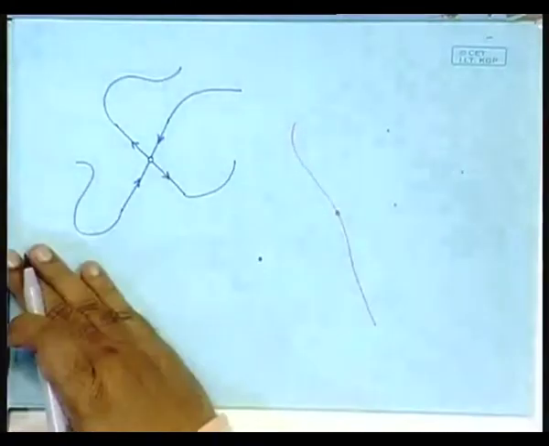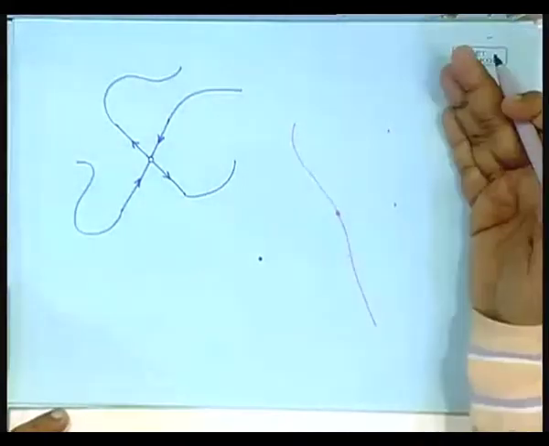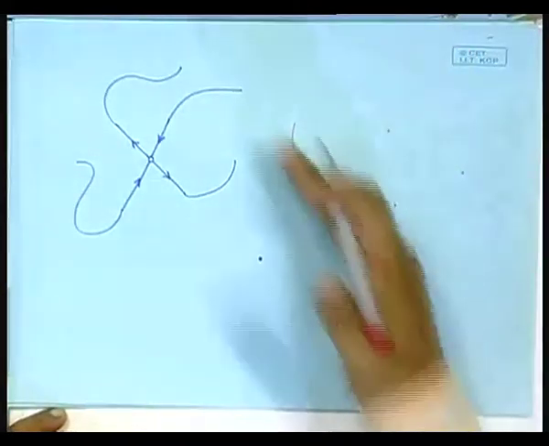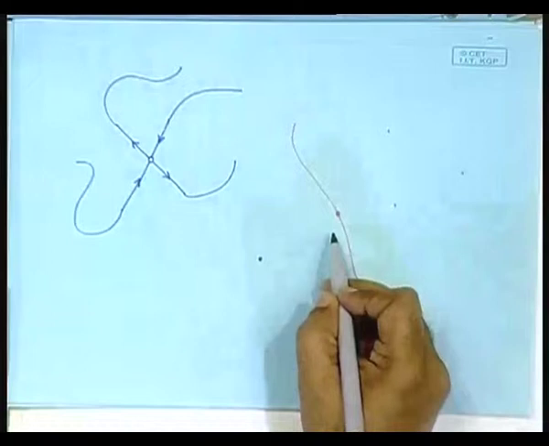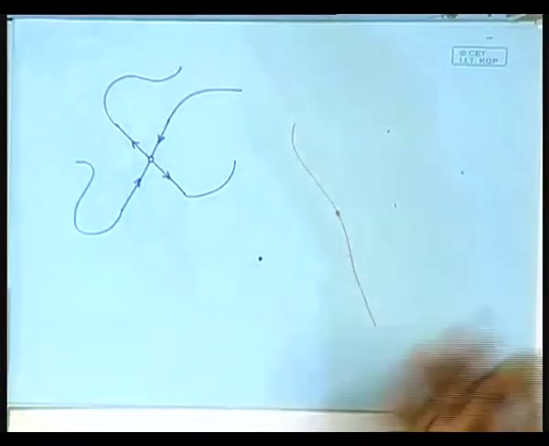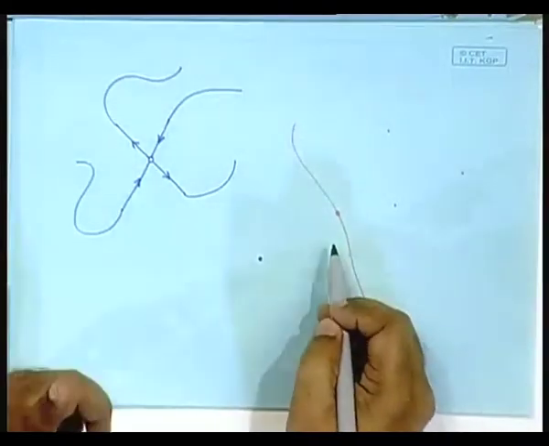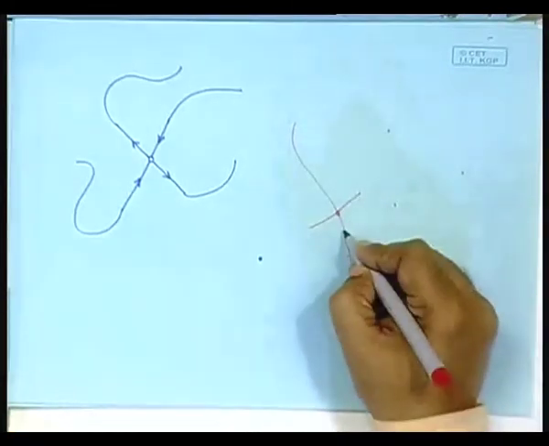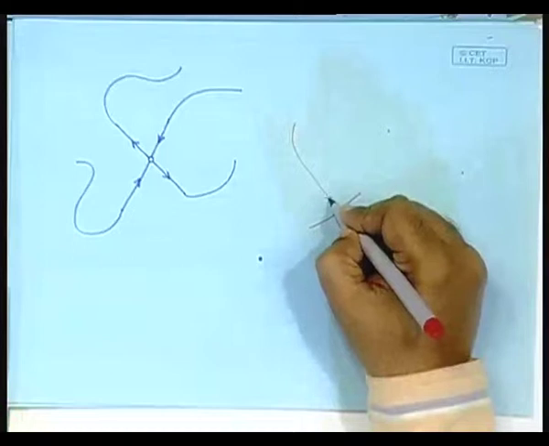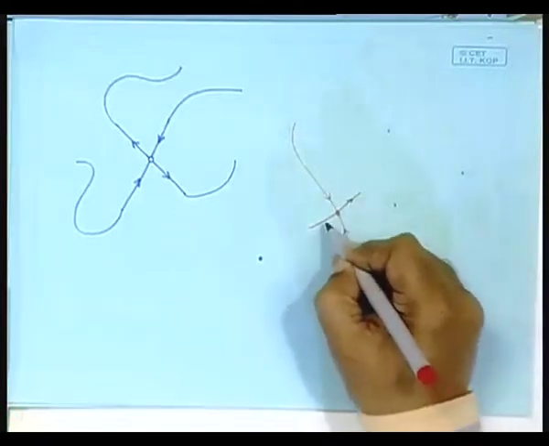So, here is a basin of attraction of one attractor, here is the basin of attraction of another attractor, separated by a basin boundary. Immediately you have to understand that there must be, even if you do not know where it is, logic should tell you that there must be a saddle fixed point sitting there, and it should have the stable manifold here and the unstable manifold there,